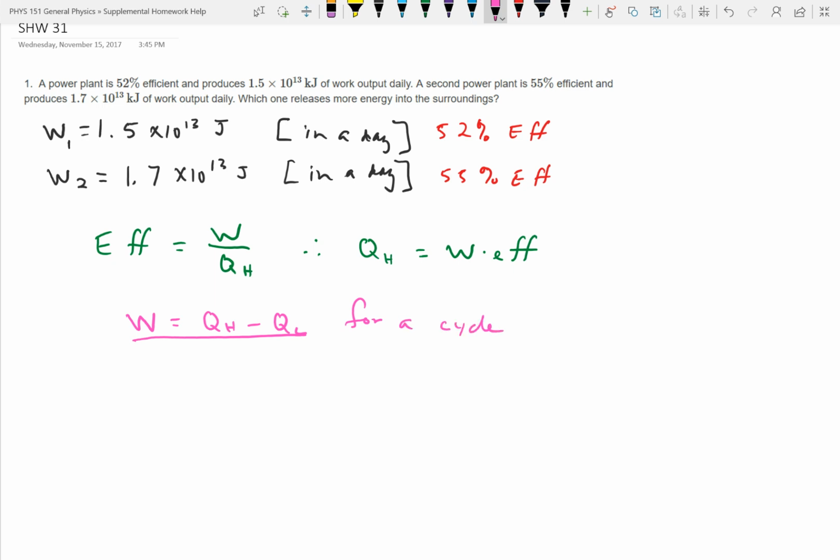Since this is a heat engine going over and over again, doing a whole bunch of cycles, that's going to be true. So now we have QH and we're given W, so we can find QL. QL is the heat at low temperature that's exhausted. It is QH minus W. You just take this equation that I underlined and rearrange it. And since QH is work times efficiency,